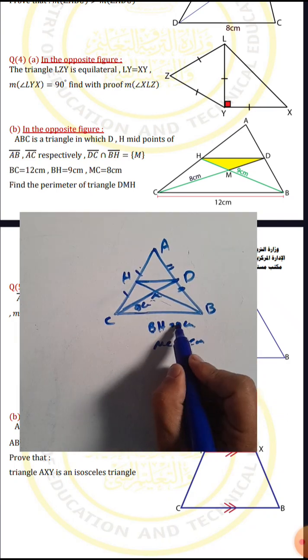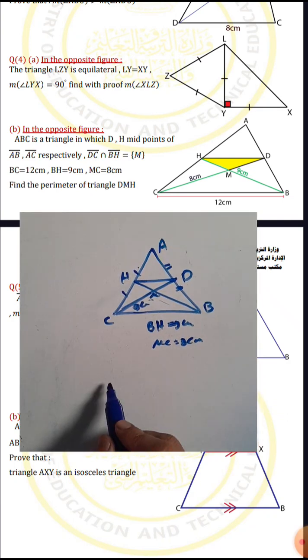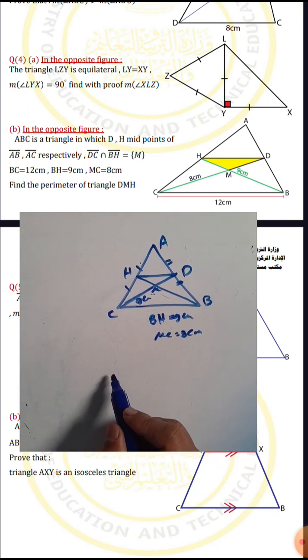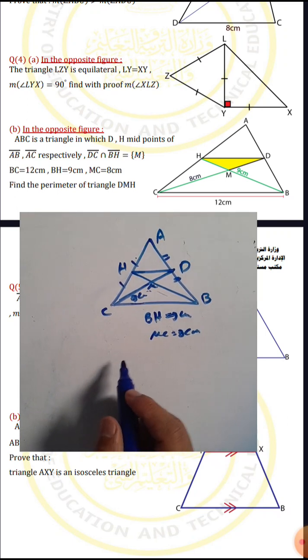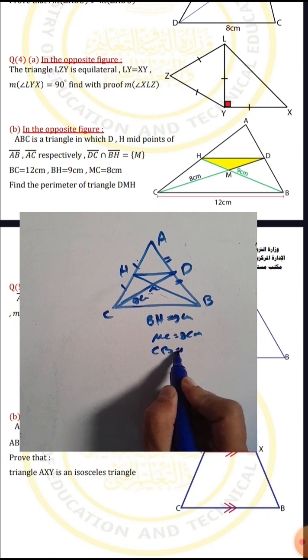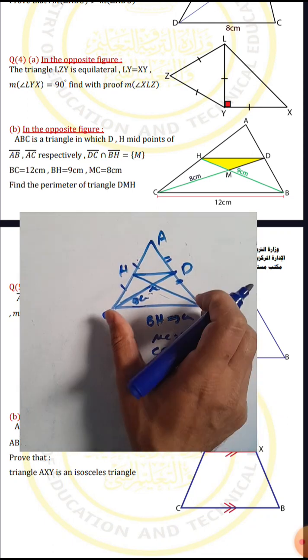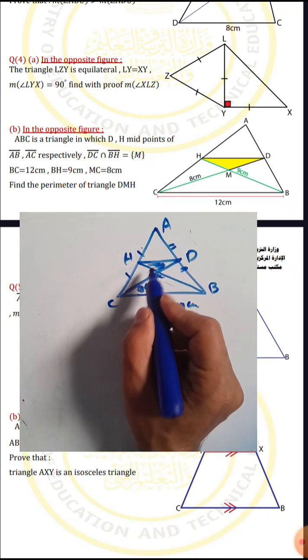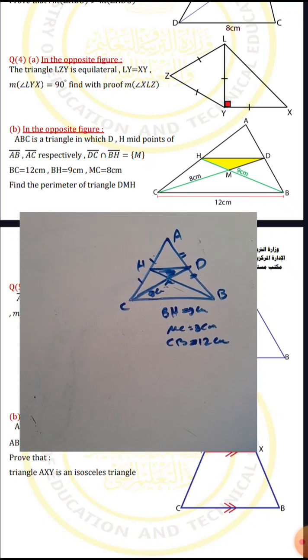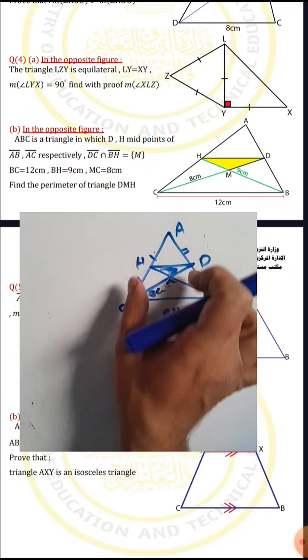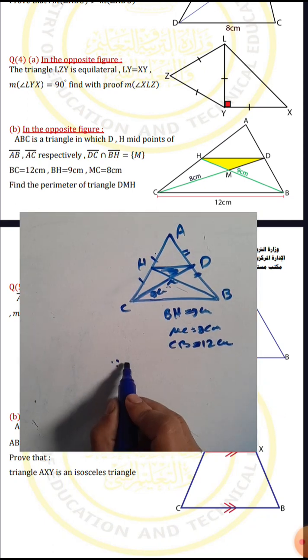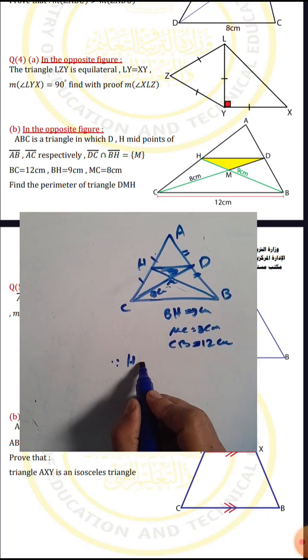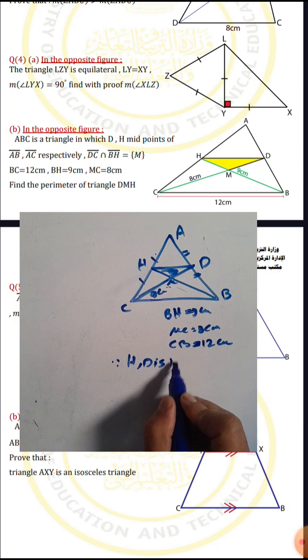BH equals 9 centimeters, this side length, and we have 12. CB was 12 centimeters, this piece. I want to find the perimeter of this triangle. To find the perimeter of this triangle, the first step is you must find HD, such that H and D are